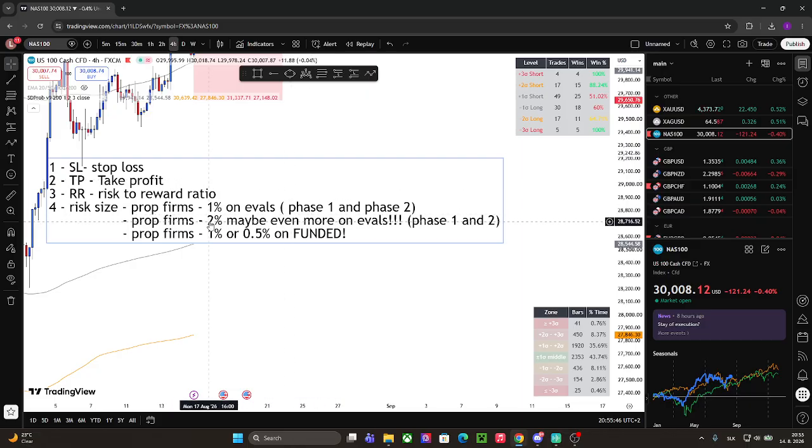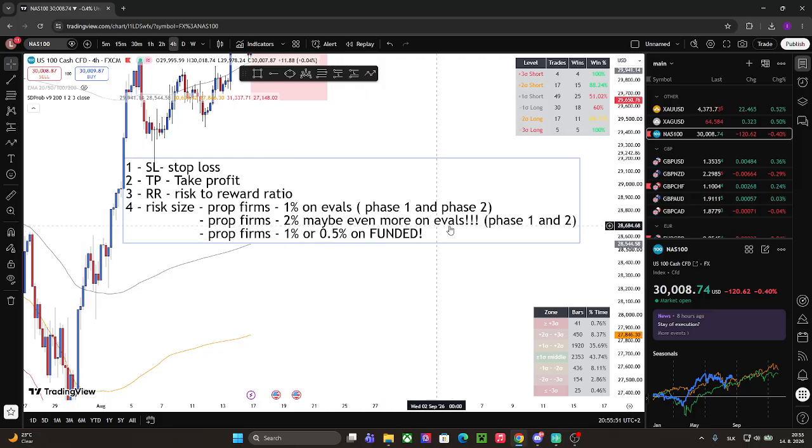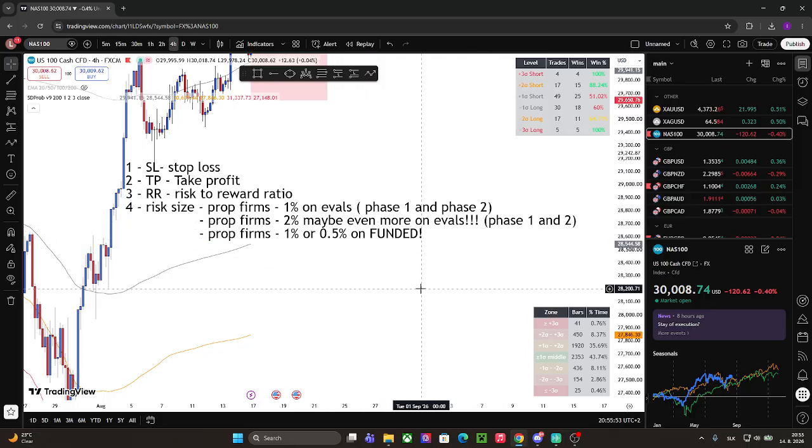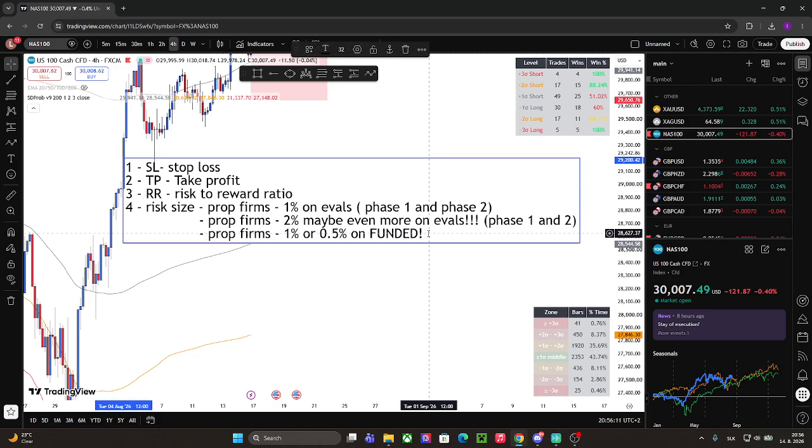So you don't need to over risk, because let me explain why you should risk more on evals. You don't want to be stuck on this phase 1 and phase 2 for too long, because you are not making money out of it. But when you're funded, you're actually making money from trading. You can actually make money, but on evals you can't. You need to pass them as quickly as possible,